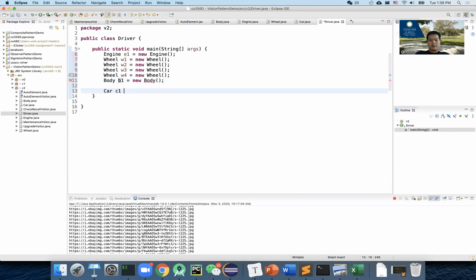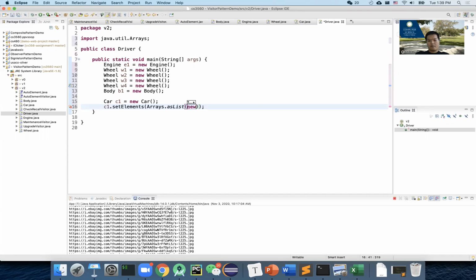So we can have a car. And then we can put all the elements there. Okay, so we form one car, and then if we want to do, for example, now we want to check